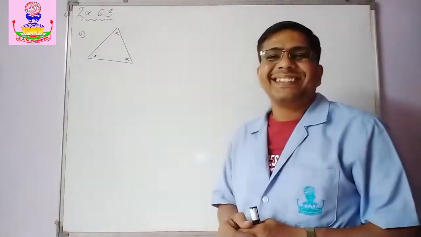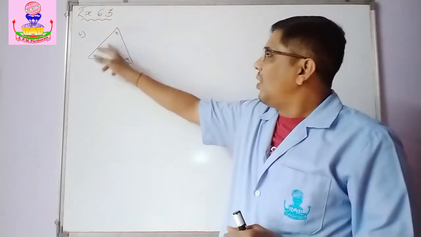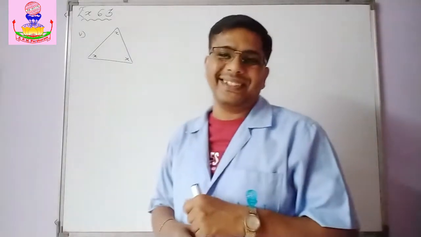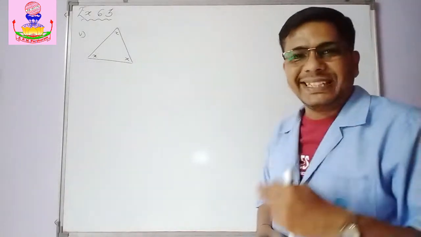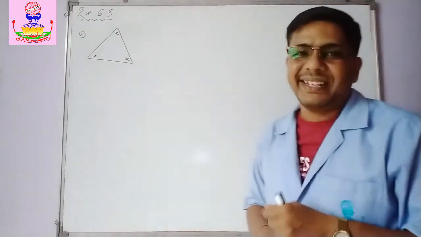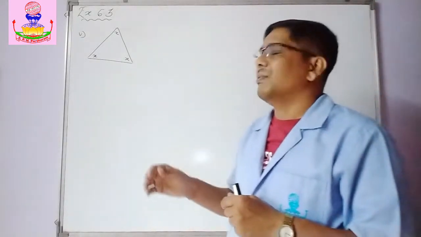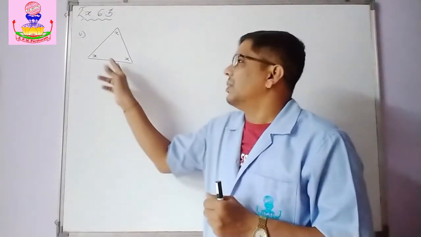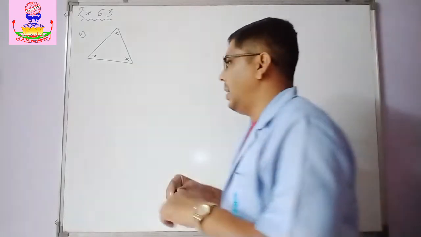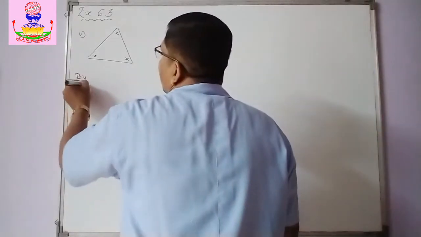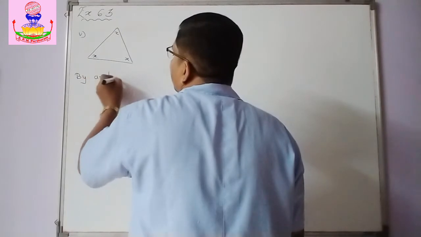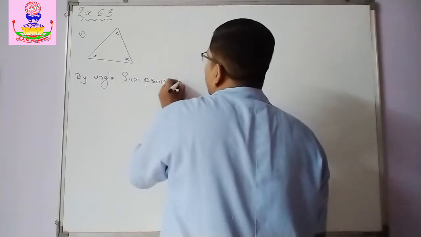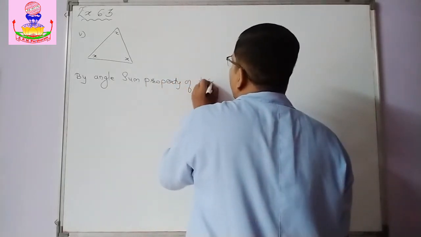Now see this fifth example. In this, all angles have got value x. So all angles are of equal measure. Okay. So what type of triangle is it? I believe you know that. Yes, you will tell me. Okay. Now what is it? Yes, an equilateral triangle. Right. Now let's go for that. Okay. So by the angle sum property of triangle,